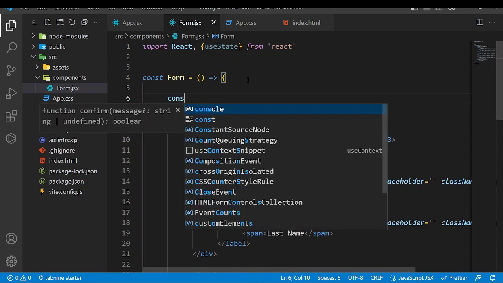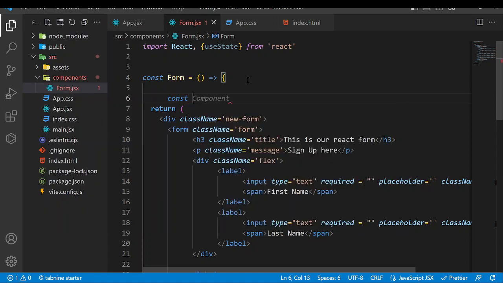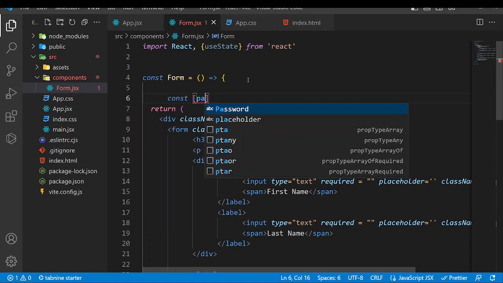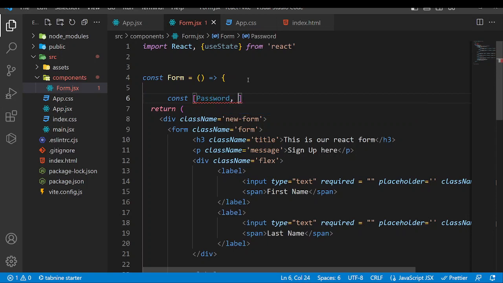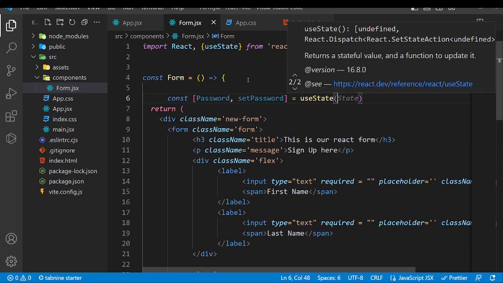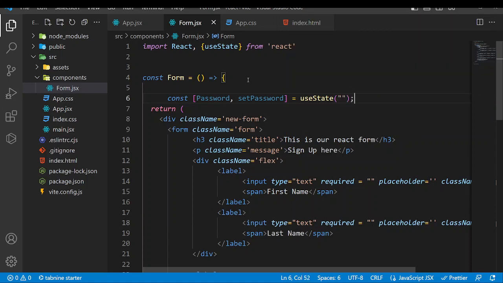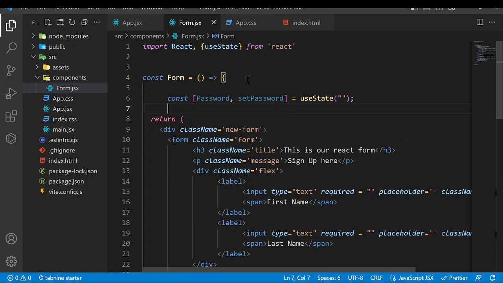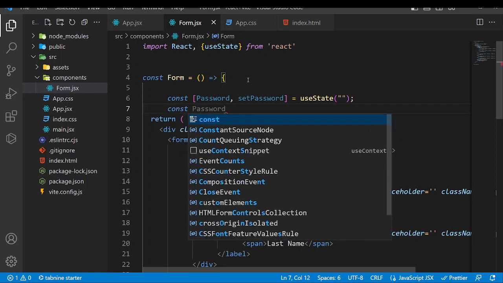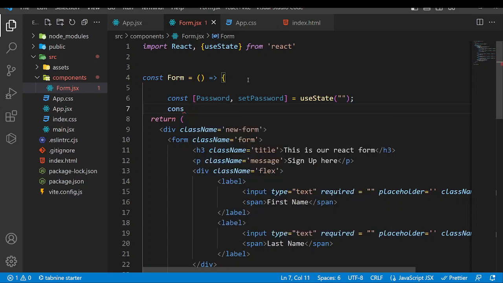Then I come down here and I say const password, set password equals useState, and the password initially it should be empty. Okay, then the next one should be const show password. I can say show password,